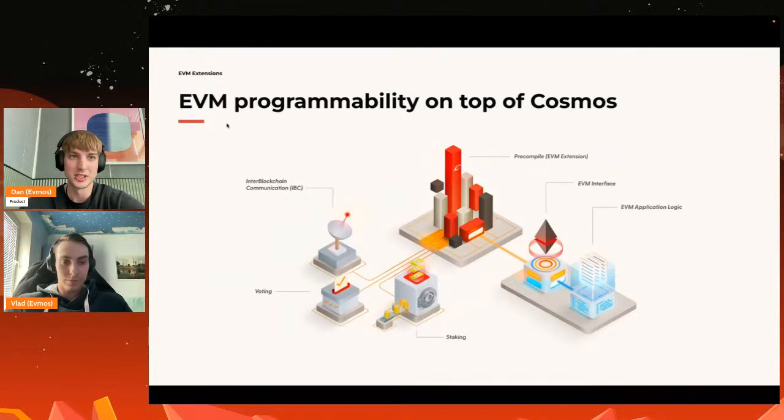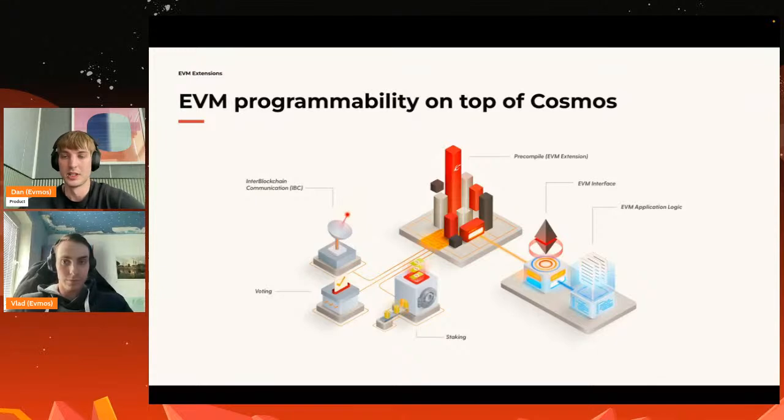We call it EVM programmability on top of Cosmos. So right now, without the extensions, EVM smart contracts are isolated within the Ethereum virtual machine. They can talk to other smart contracts on Evmos, but they can't really access information or data outside of it